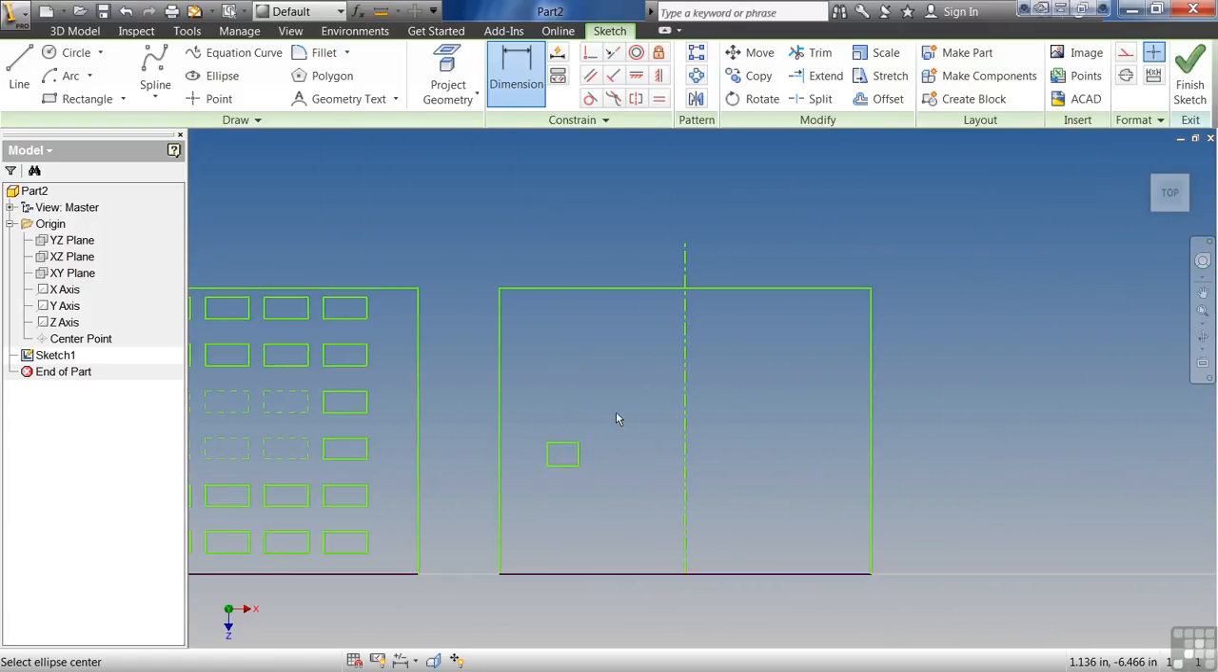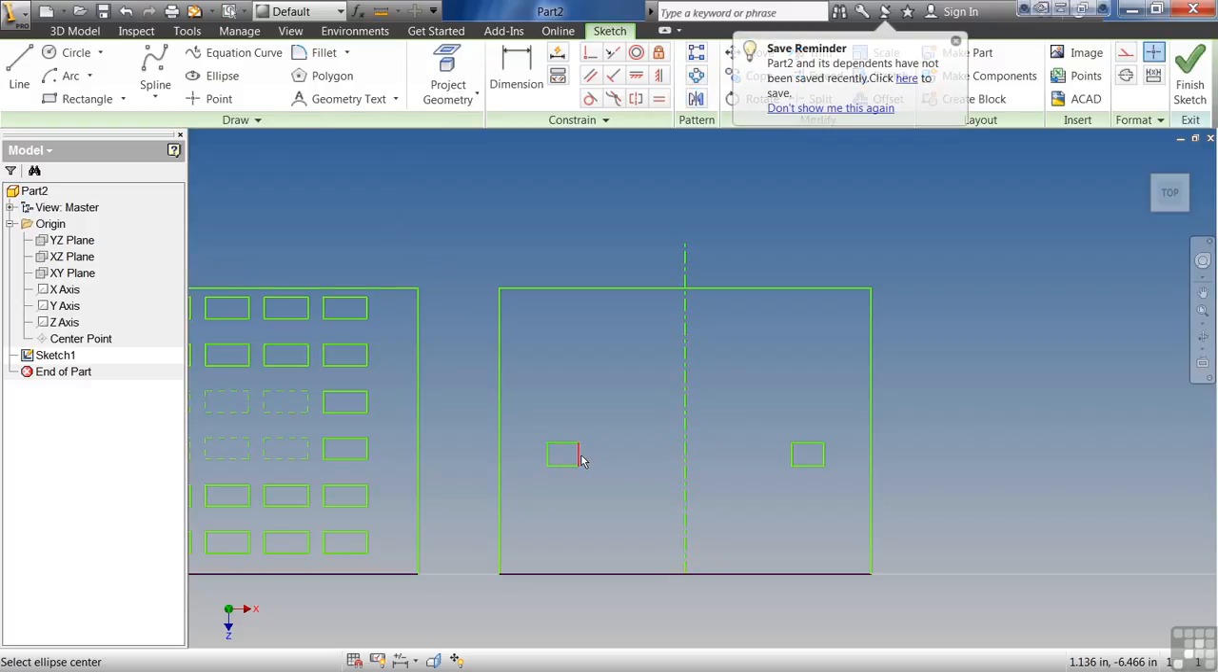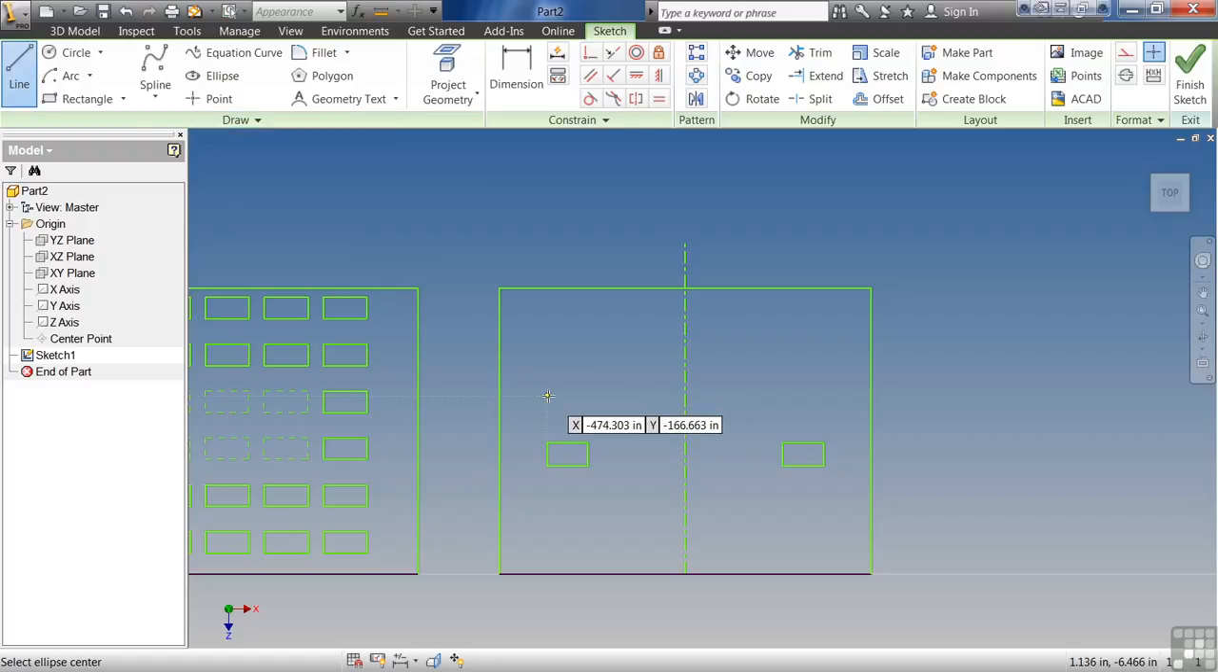The next option in patterning is mirroring. Select an object, then I select the line, hit apply, and it's that easy. It automatically adds the symmetrical constraints to it. Now something that's simple like these 2 little rectangles, I probably wouldn't use the mirror pattern. But if you have a very complex sketch that has a lot to it, and it's going to be a true mirror image of each other,